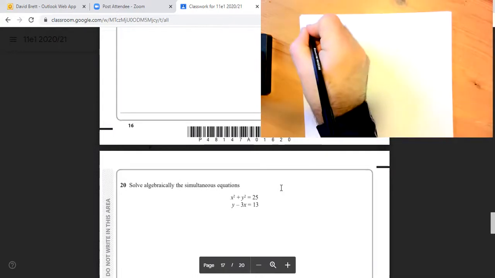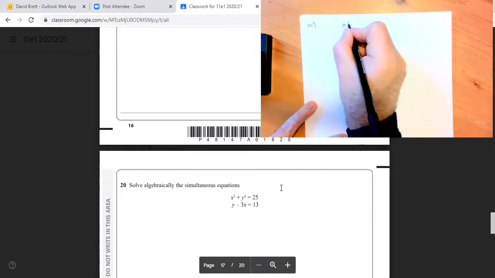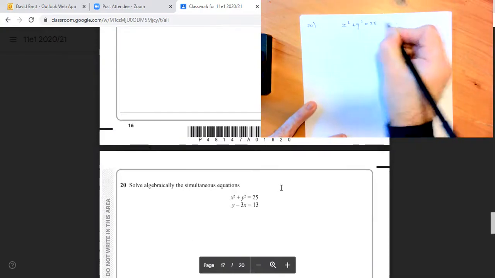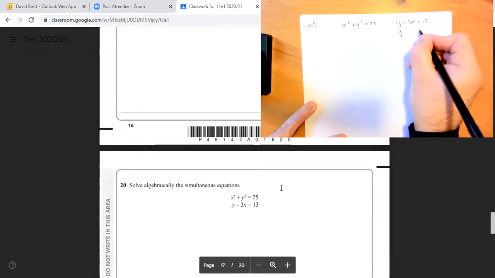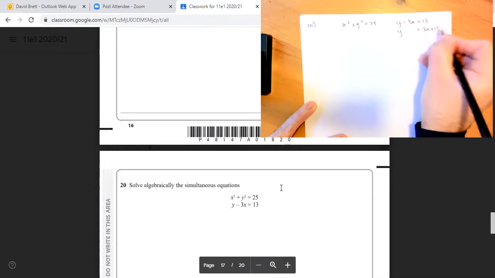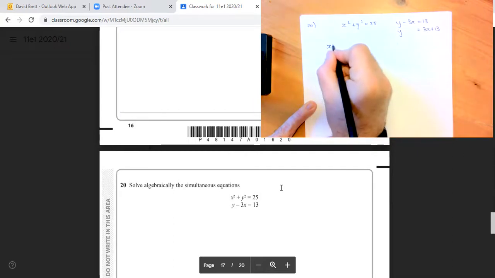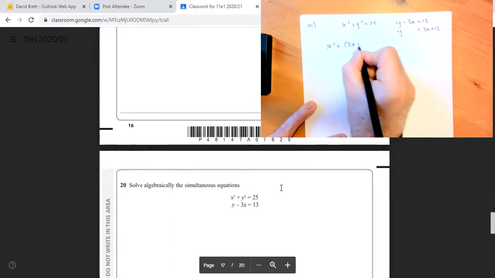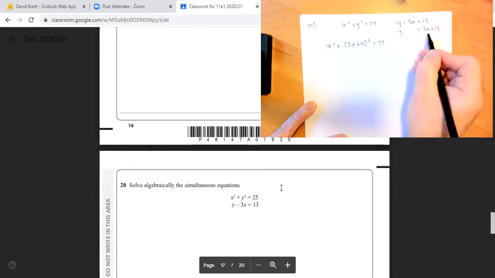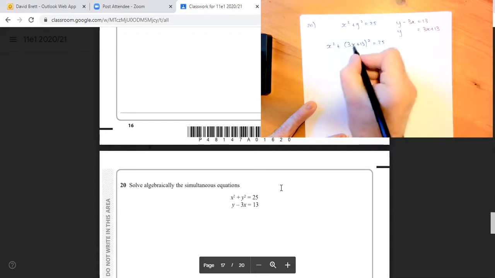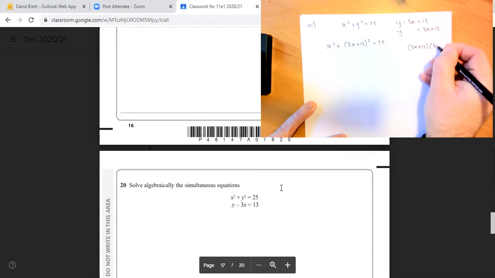So question 20. Solve algebraically the simultaneous equations. So I've got x squared plus y squared equals 25 and y minus 3x equals 13. So if I rearrange this to give me y equals 3x plus 13, I can then replace this y here with this here. So now I've got x squared plus (3x plus 13) squared equals 25. So I've just replaced the y with 3x plus 13 here. So now I've got to expand this bracket out. 3x plus 13 multiplied by 3x plus 13,